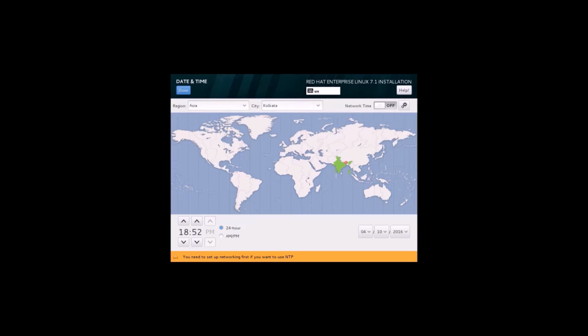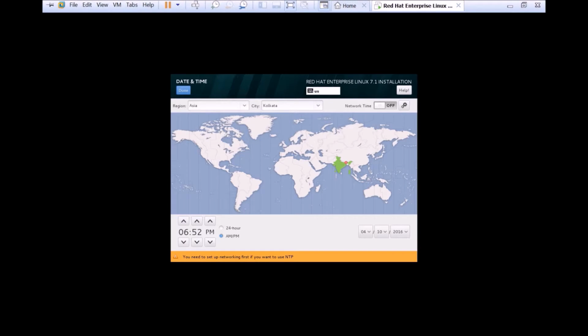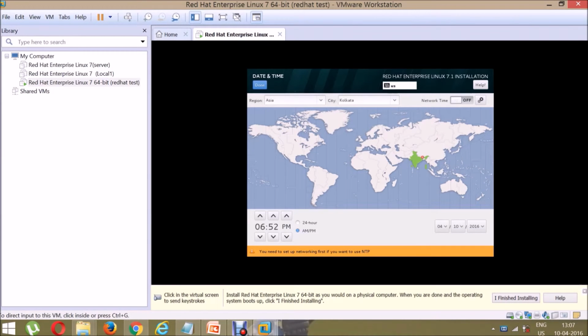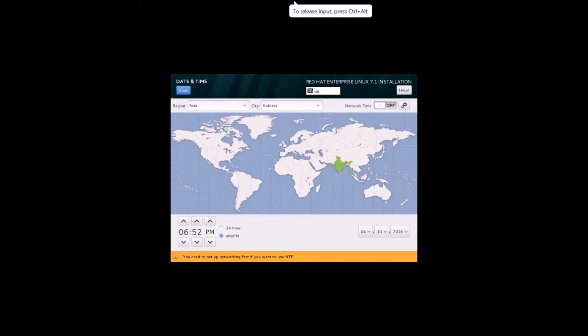The date is correct, and whether you want 12 hours time or 24 hours time, you should set it according to your country timings as well. Here I am selecting this one, so it is 24 hours time.